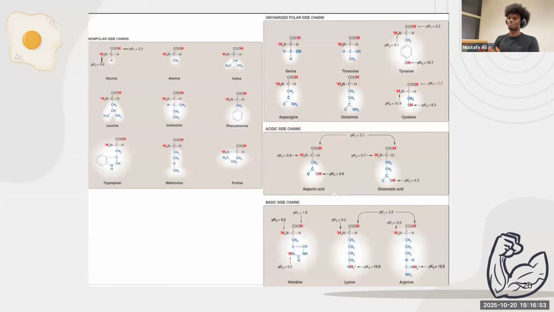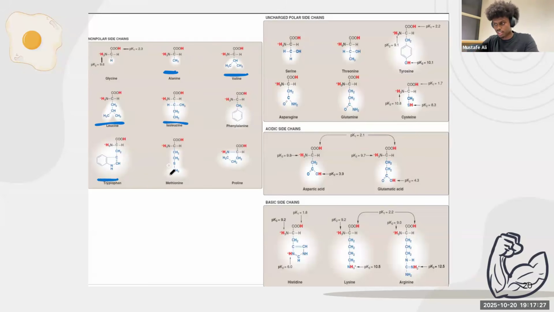So this picture was provided by a lecturer. All I need you guys to know is that these simple examples right here, methylene for the non-polar amino acids, the ones that just contain carbon and hydrogen, I just need you to remember that they are non-polar, okay? You don't need to remember the name. I just want you guys to look at the structure and be like, okay, so the R group has a bunch of carbon and hydrogen in it, so it's 100% non-polar, okay? That's all I need you guys to remember.